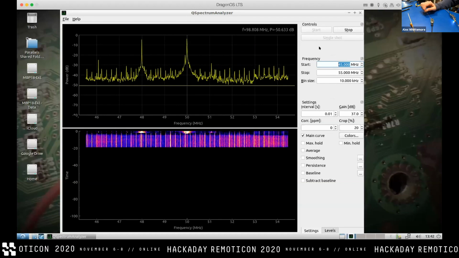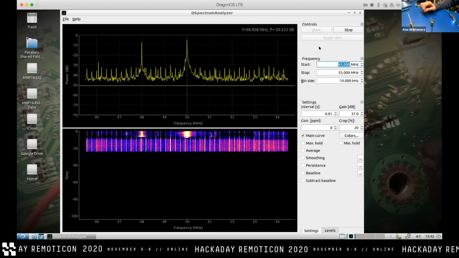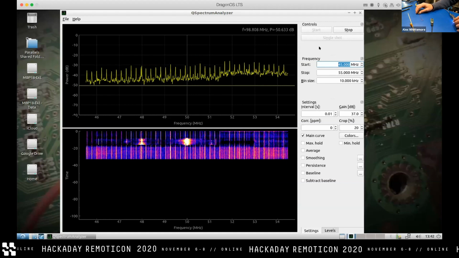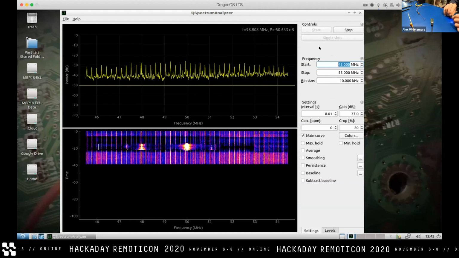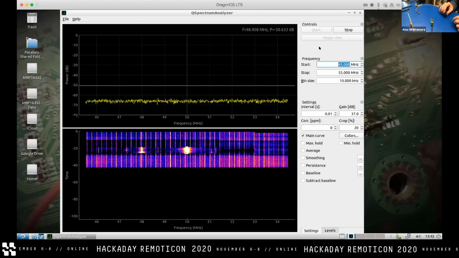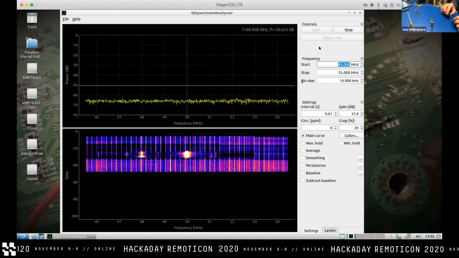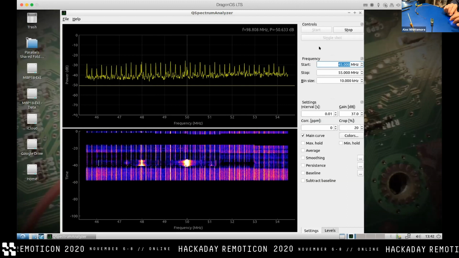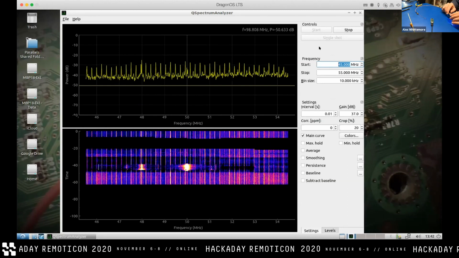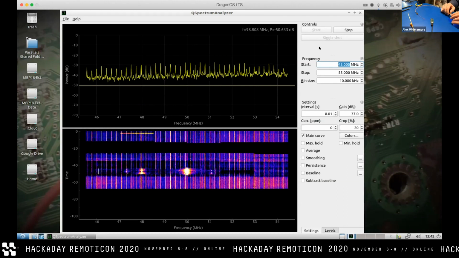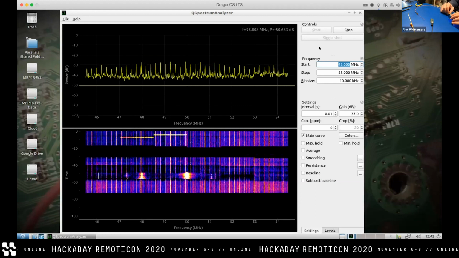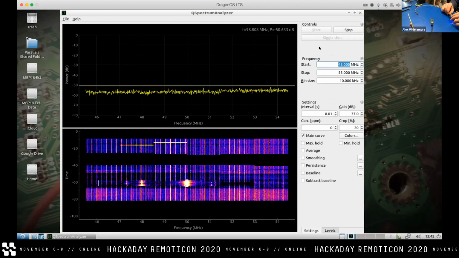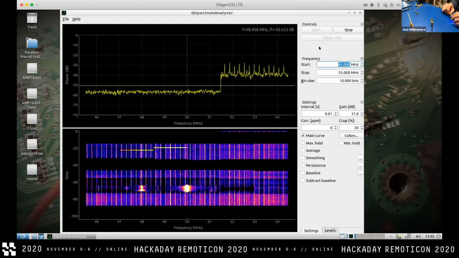If we take our probe and wave it over, this is another one of those situations where we've got a lot of peaks going on here, and if I simply unplug the LNA, that's interesting. All of those disappear and the noise floor drops precipitously. So we are actually measuring some artifact of either RF interference that's going on in the room right now, which is entirely plausible, or yeah, I think we're actually measuring real RF,